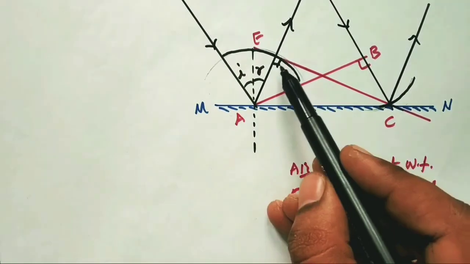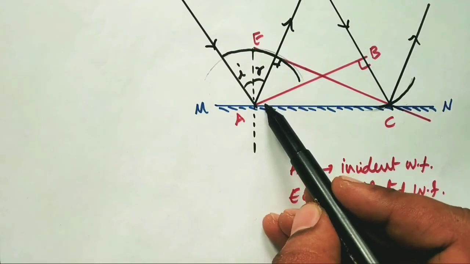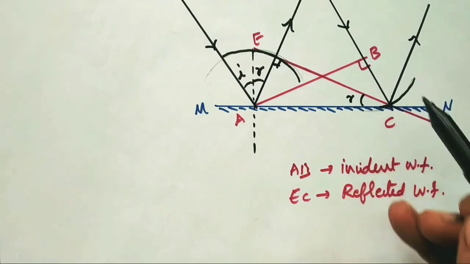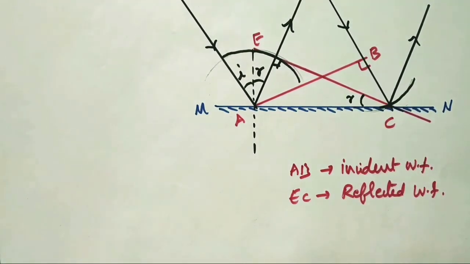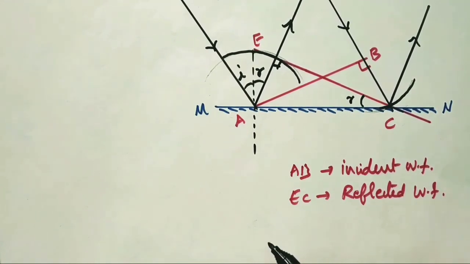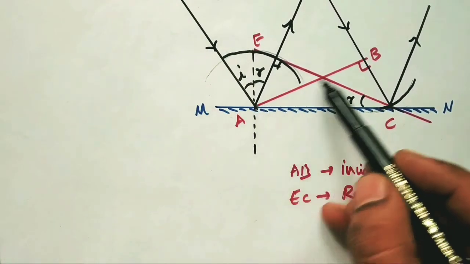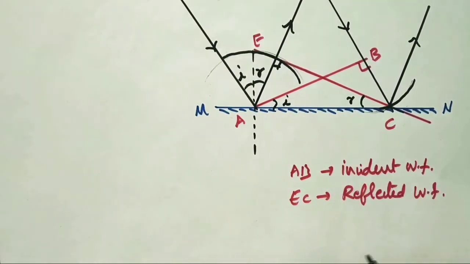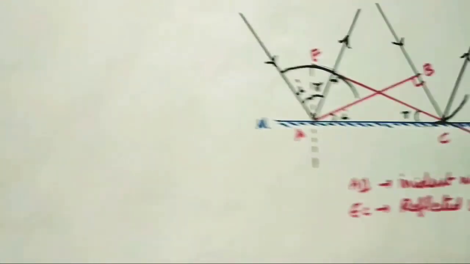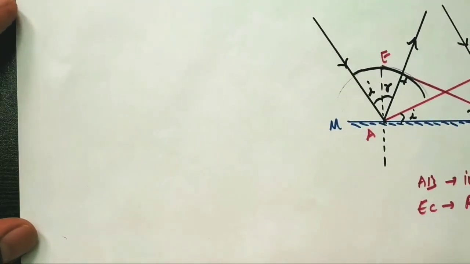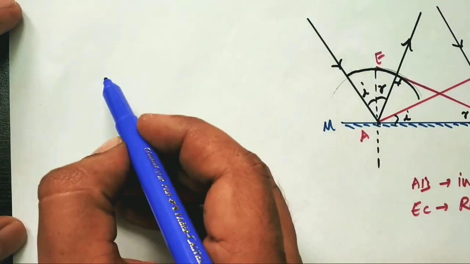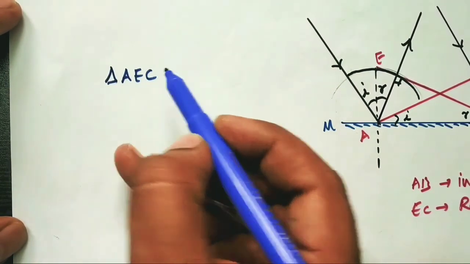This is the angle of reflection. This angle is 90 degrees and the leftover angle will be 90 minus R here. So obviously the other angle formed at C is R. We have one more angle at A. As the light ray is making angle of incidence I, the wavefront also makes an angle I with the interface. So this also becomes I. Now there are two triangles formed from the figure, AEC as well as ABC.